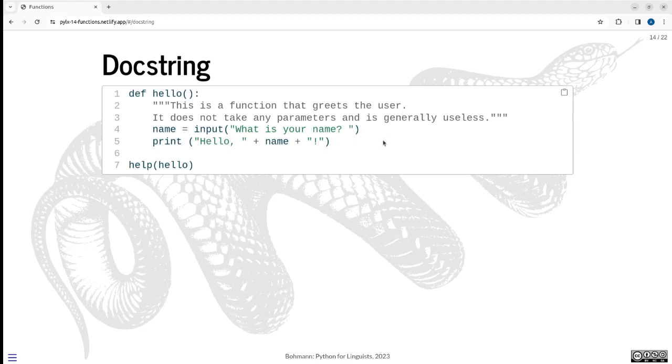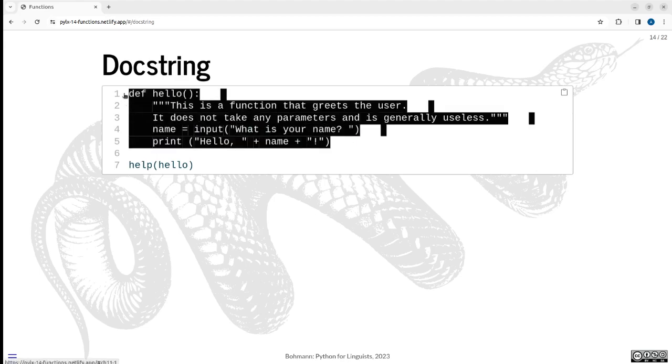And then it actually does something. Name input, what is your name? So it's going to ask the user the name, and then it's going to print a hello and greet the user by their name. So very quickly to see how this docstring is useful,